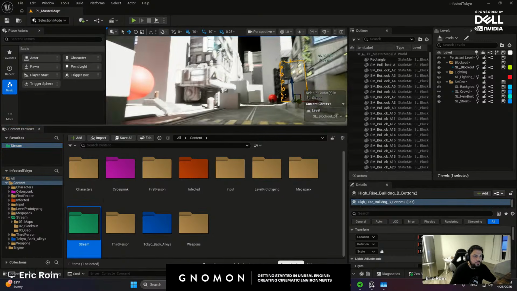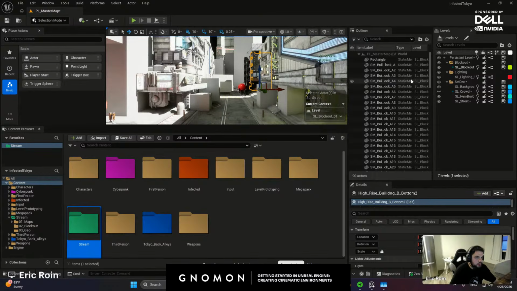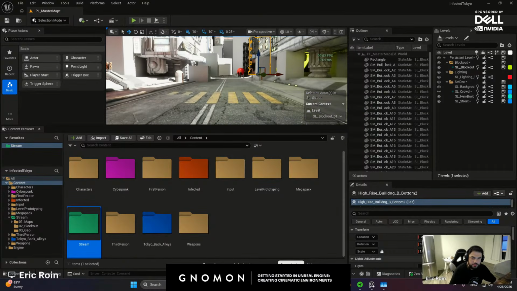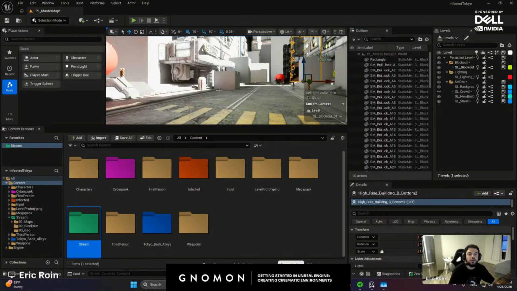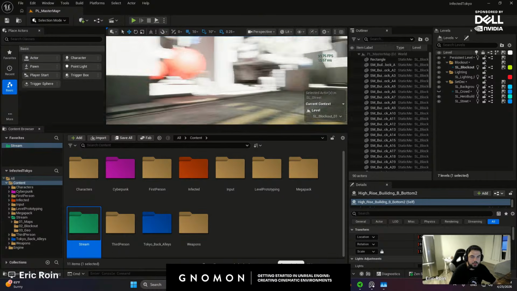Cool. So let's dive into actually lighting the scene. I'm going to go into my outliner and only show you the light sources so you can actually see the light sources that I'm adding. If you are following along or taking notes, it'll be easier for you to recreate that later on. I'm not going to be using any custom blueprints or external assets for my light sources. There are a lot of great resources out there, but the best way to learn, and the way I prefer to work myself, is to build your lighting completely from scratch. That way you have full authority and full control of your scenes.